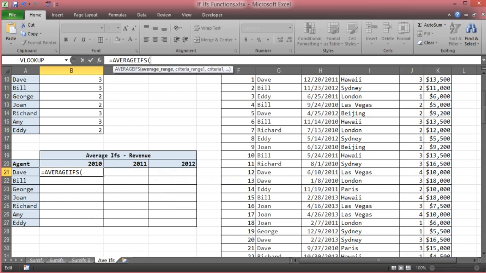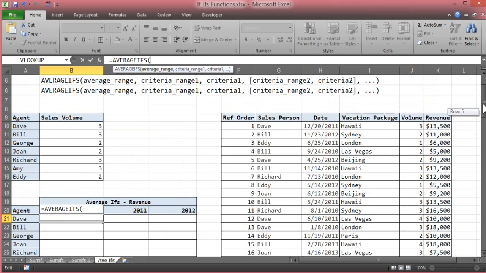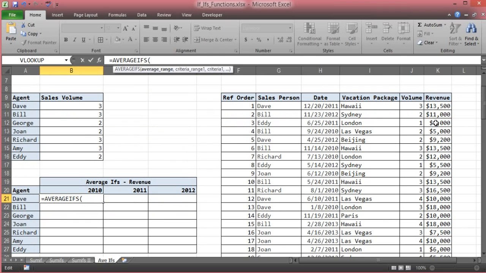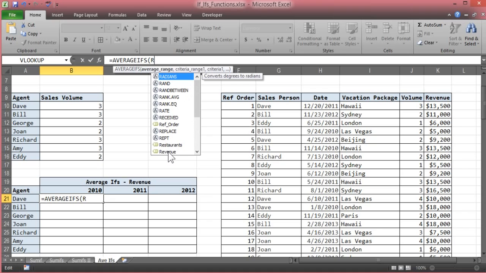Here, I'm clicking on the average range. What do I want to look up? I want to know the revenue. So if I scroll up a little bit, we can see that I have my revenue column, and that's where I'm going to have the final answer. So revenue,